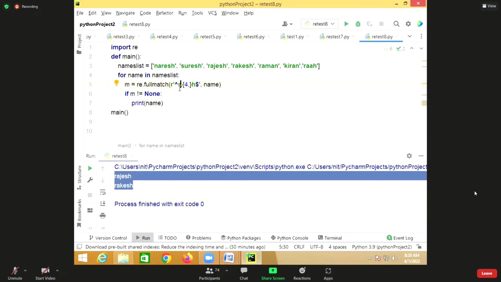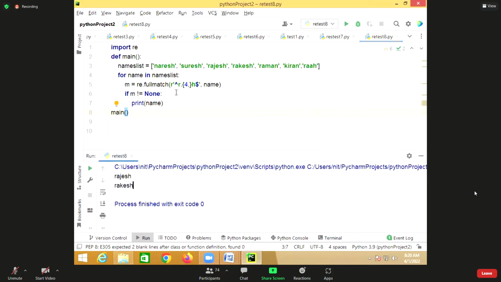So here I'm comparing with multiple characters, not one character, and you write them inside square brackets.